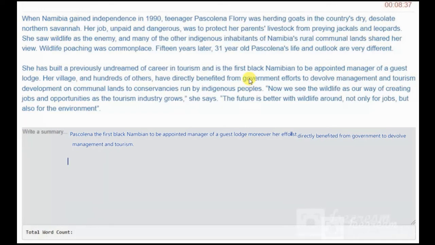Pascolina's, now another sentence will be from there. Pascolina's, because Pascolina is the basic